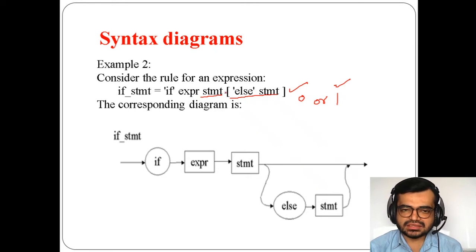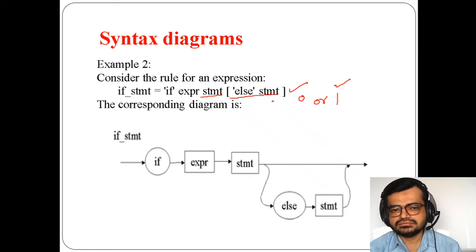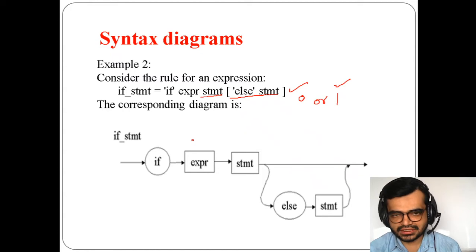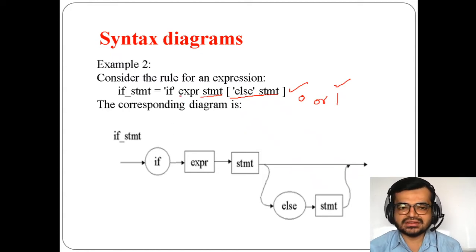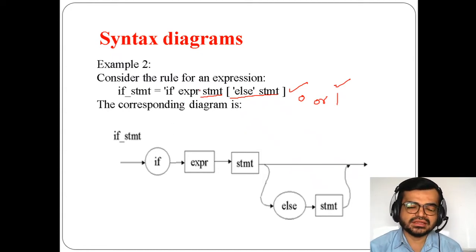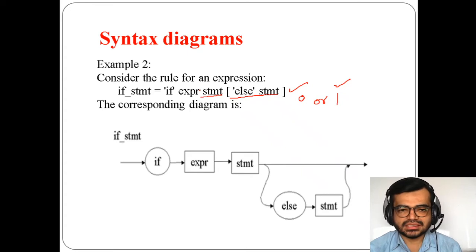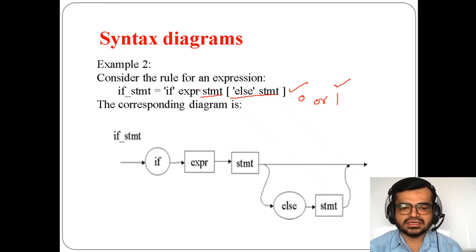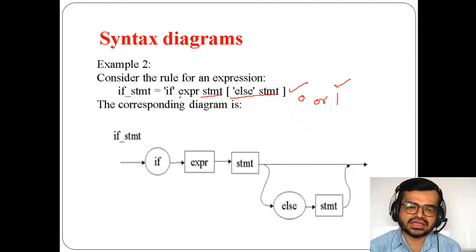That's why for this we have taken square brackets here. Now we need to know what the terminals and non-terminals are. So this expression is not the end part, it is the middle, internal part. Because of that, things have to be determined, so we are keeping this expression as a non-terminal.